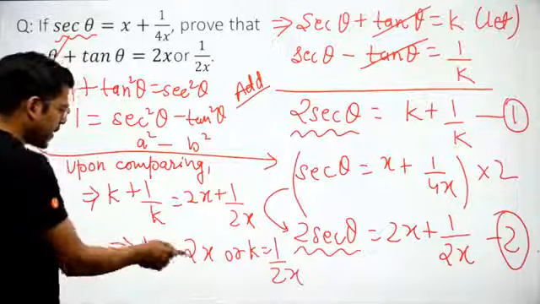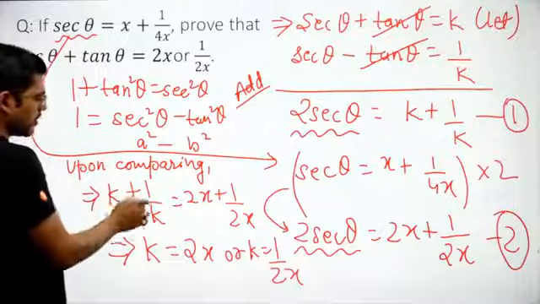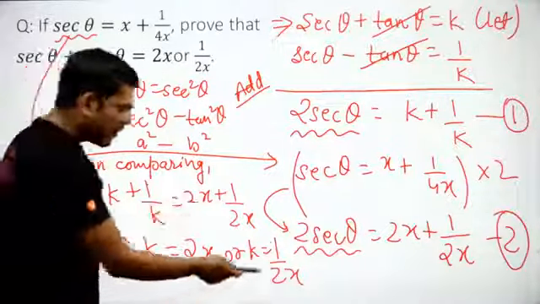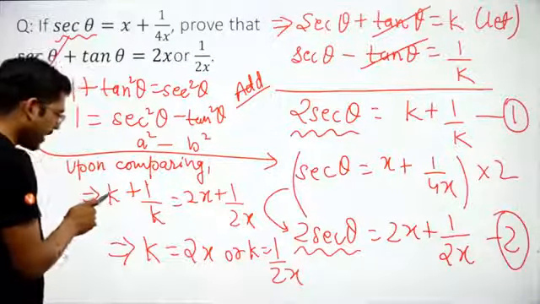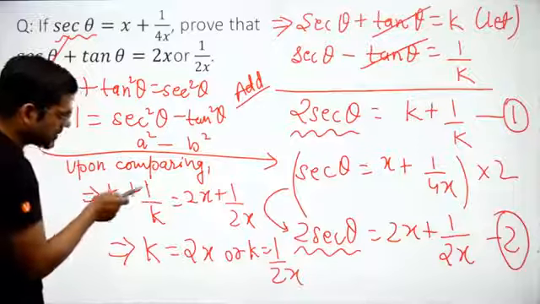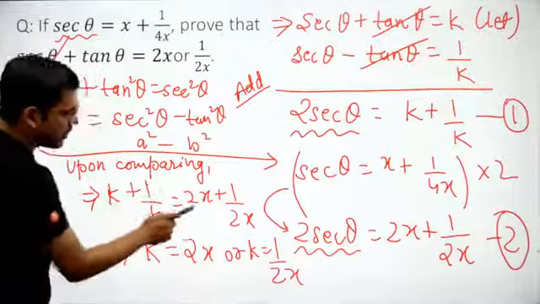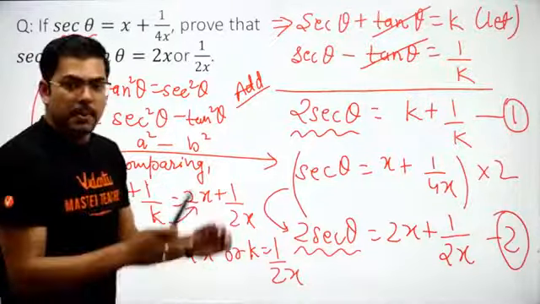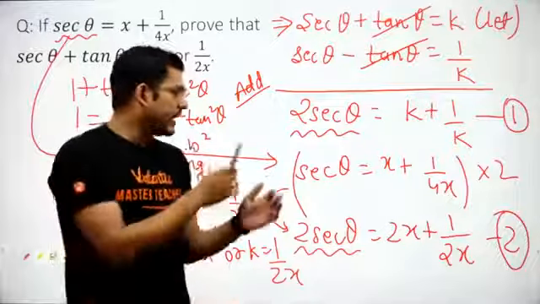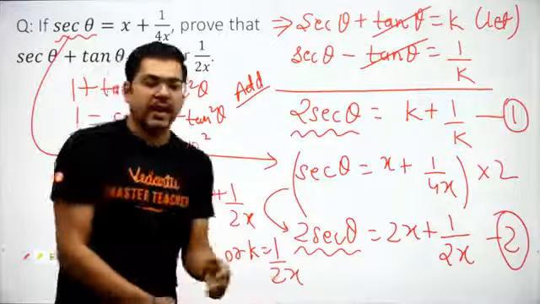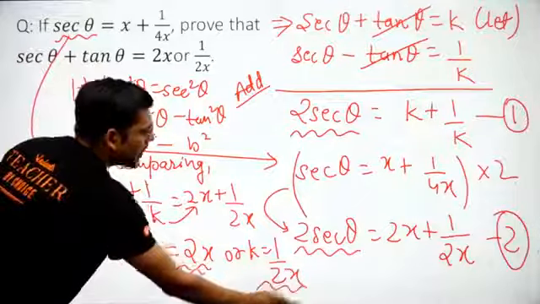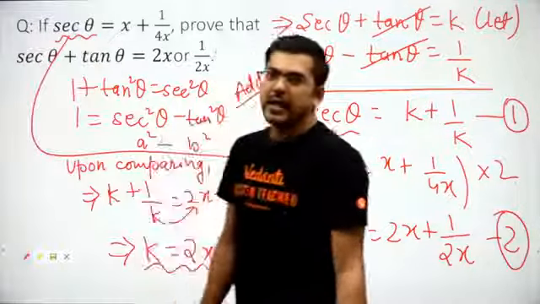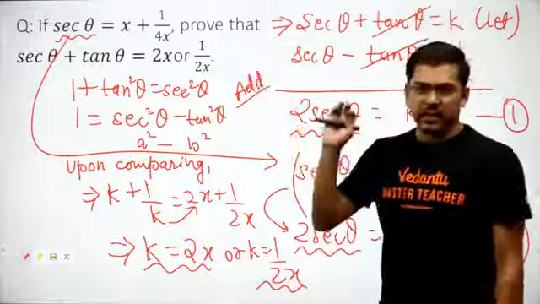See, if I write 2x, then here it will be 2x and it will be 1 by 2x, so it is the same. If I write k equal to 1 by 2x, then k will have the value of 1 by 2x, and the reciprocal of 1 by 2x will be 2x, so this will be this. So by doing both of these, it can be very easily said that this k has a value of 2x or 1 by 2x. So now I get that you got this question very correctly the very first time.